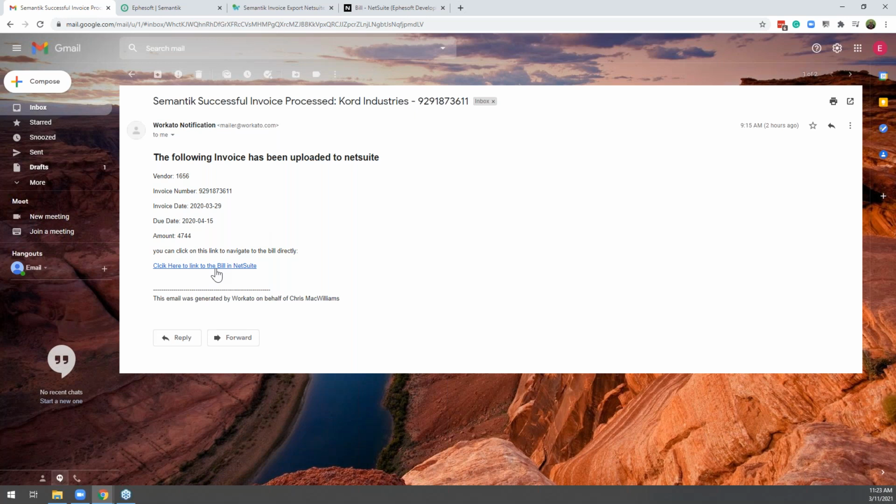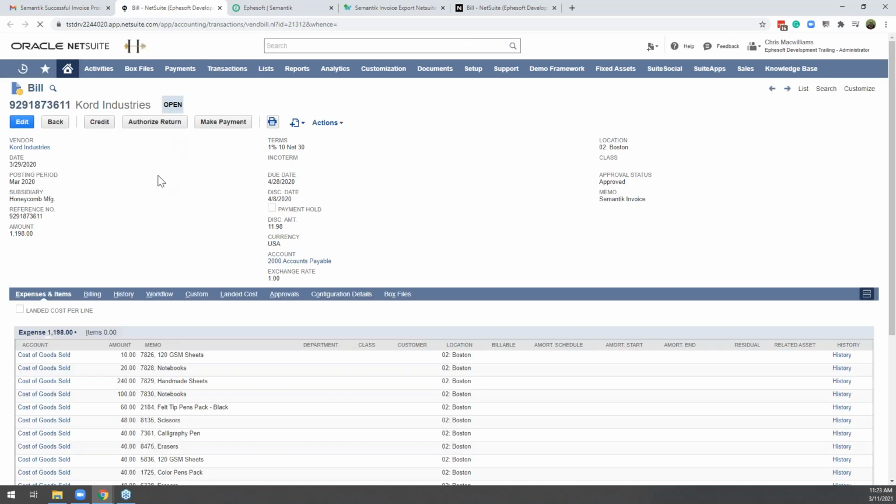I'm going to click on this link, which will actually take me to that transaction inside NetSuite. It'll take a moment to load here, but that is the holy grail of AP processing, when you can get to what's called a touchless invoice, where you can put the data in, and the AI engine will capture all the information, pull the invoice number, the vendor, do the vendor matching, put all the data into the table, even line item detail as well. So this is, again, what we strive for.